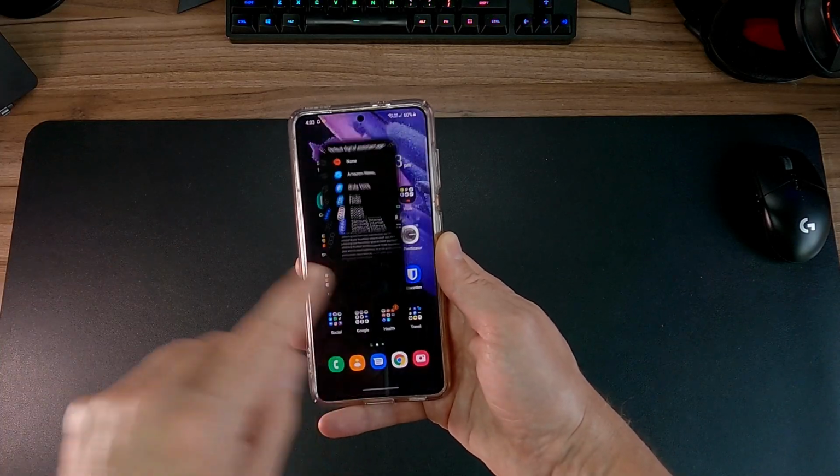Now that's set up. Now each of the voice assistants do behave slightly different in how they're activated. So Bixby by default, because it's a Samsung phone, it'll work on your home screen, it'll work even if you're in your favorite app.